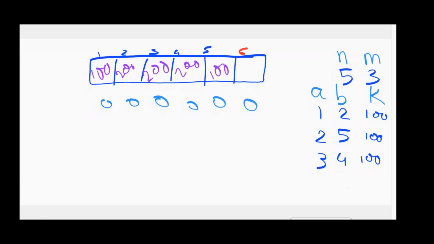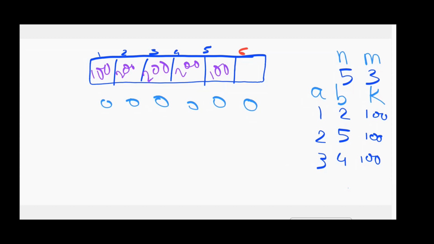To solve this question, we are using an algorithm called the prefix sum algorithm. In purple, I've put the final result, where 200 is the maximum value which we will soon obtain. In the prefix sum algorithm, instead of adding the number 100 from 2 to 5 throughout, we add it at the first index, and then we subtract it from the last plus 1 index.